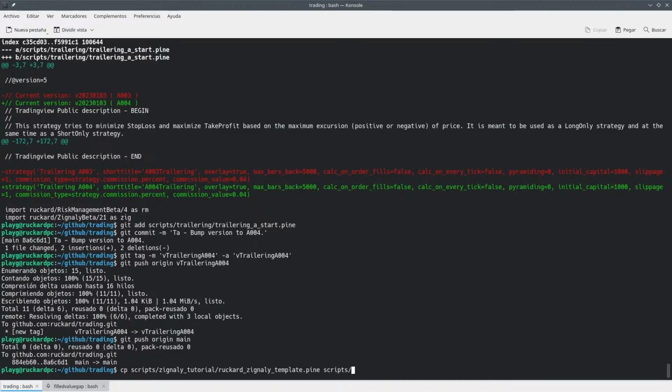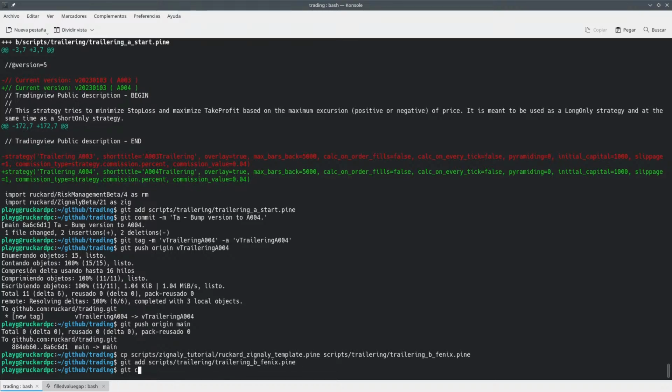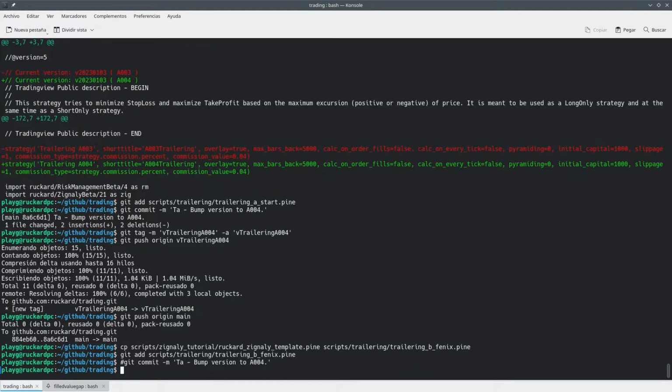We are going to copy this into trailering. So this is trailering B. It's going to be Phoenix. It means that we do it from scratch. And so now we can say something like trailering B Phoenix. We can say something like, which is the last commit here, and say based on. So this is TB at the trailering Phoenix based on Ruckard Zignaly template